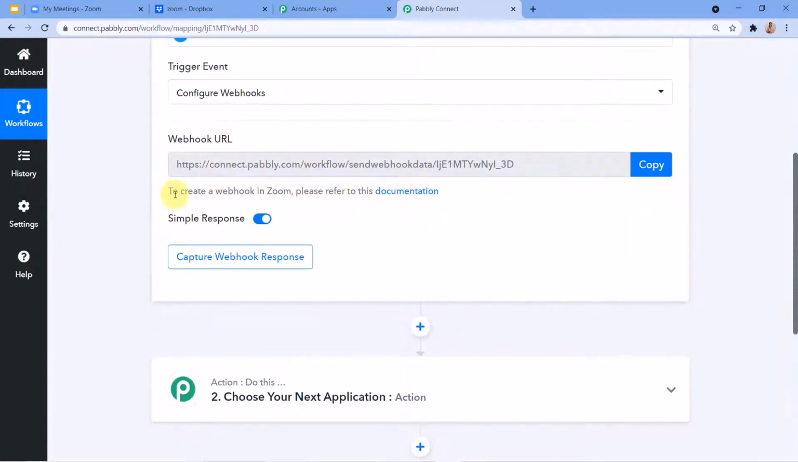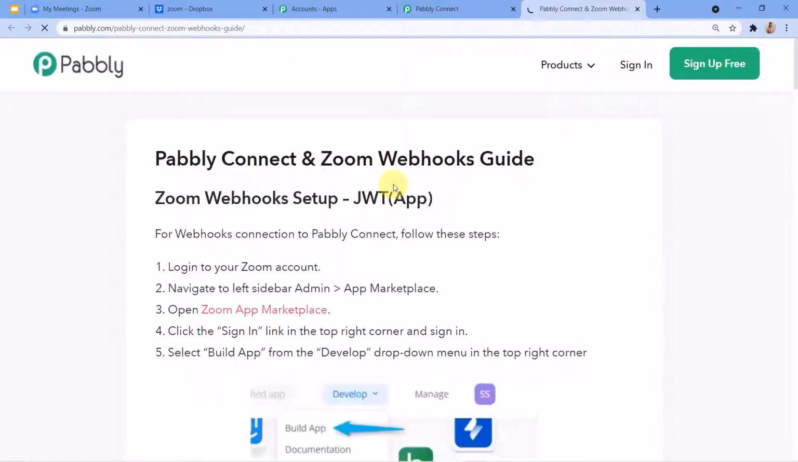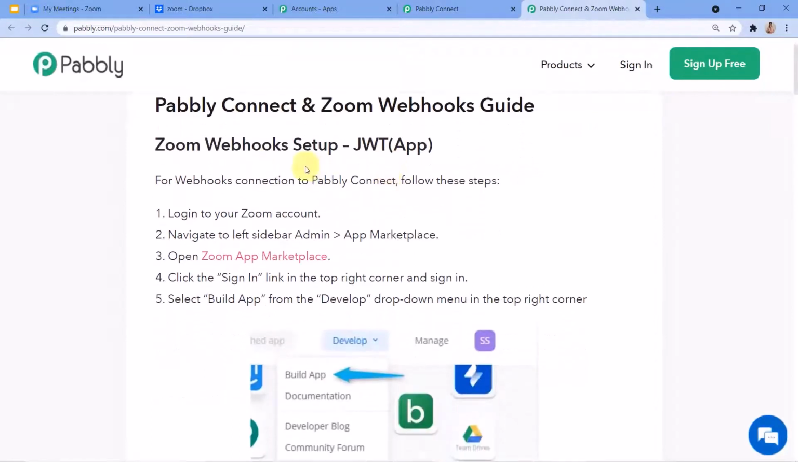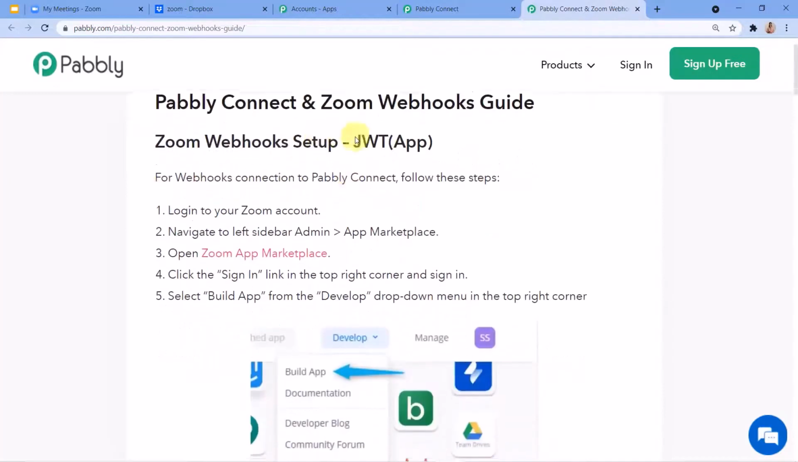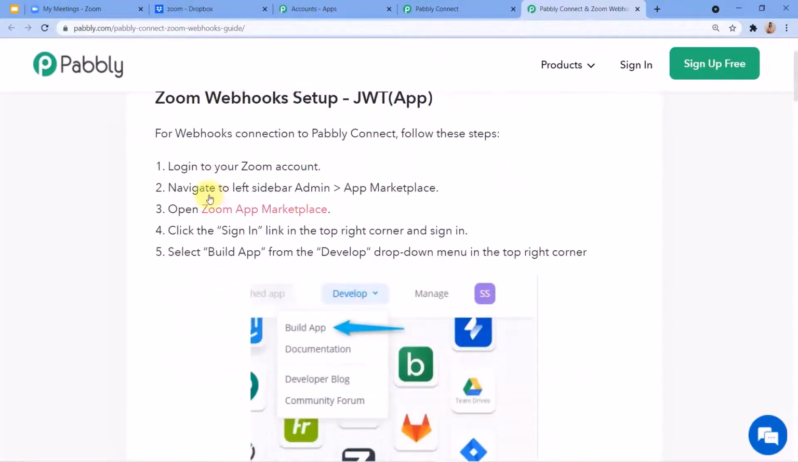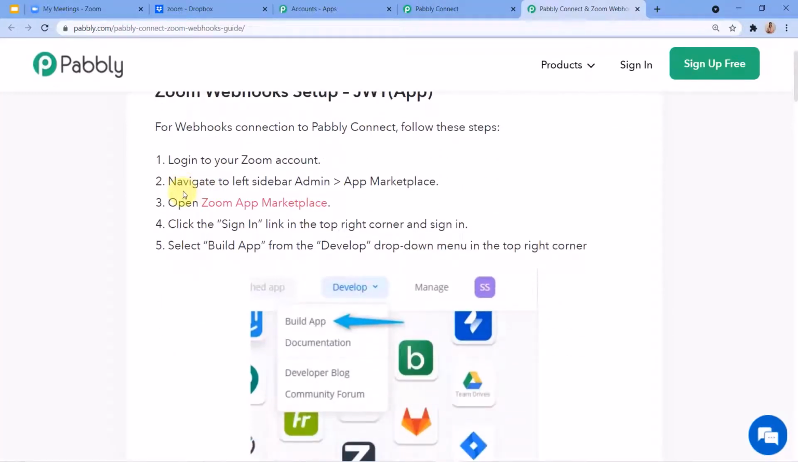So according to this, it is written here to create a webhook in Zoom. We have to refer to this documentation. Here is a link provided for the steps, so we are going to click on this link. Perfect. After clicking on this documentation link, here you can see the steps to integrate Zoom webhook guides is provided, which is JWT app. We have to follow the steps one by one so that we can connect our Zoom account with